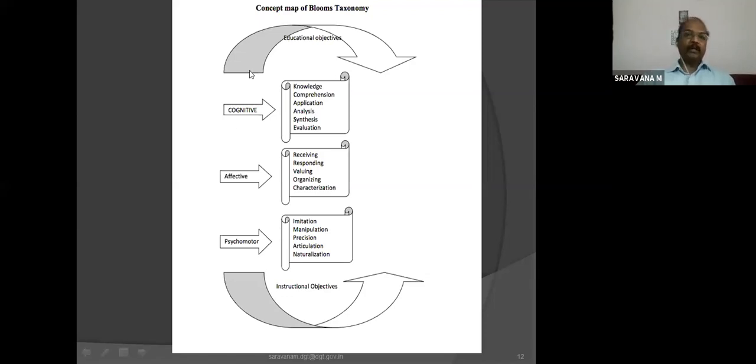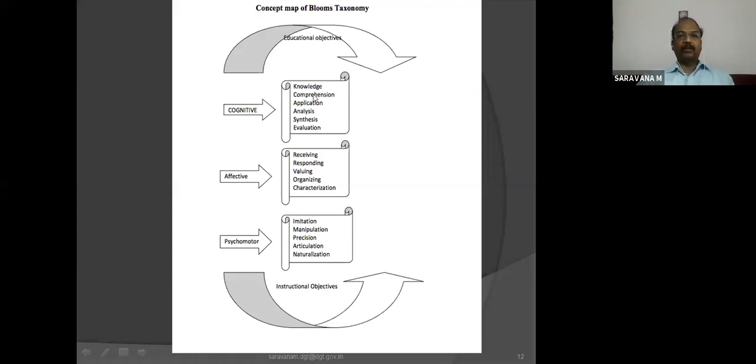Like that, cognitive domain also has 6 major components, that is knowledge, comprehension, application, analysis, synthesis, evaluation. See, today we are not going to discuss all these domains. Only for cognitive domain we'll discuss, and that also has been revised, and we will see what is the relationship with our NSQF framework and the Bloom's taxonomy, and how this Bloom's taxonomy is helpful for writing the learning outcome and writing the instructional objectives for our lesson plan and the demonstration plan. So this is the important objective of today's presentation.